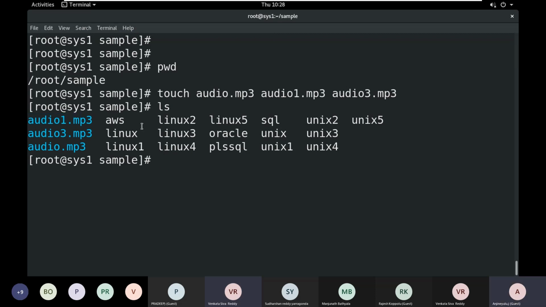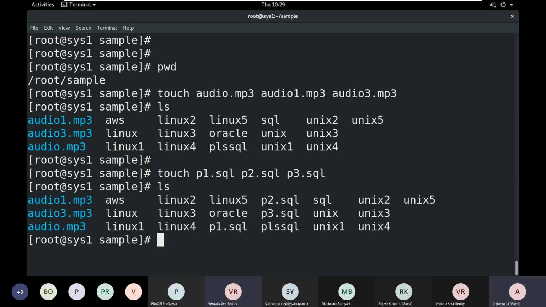Then I am creating some .sql files, like touch p1.sql, p2.sql, p3.sql only. Enter.